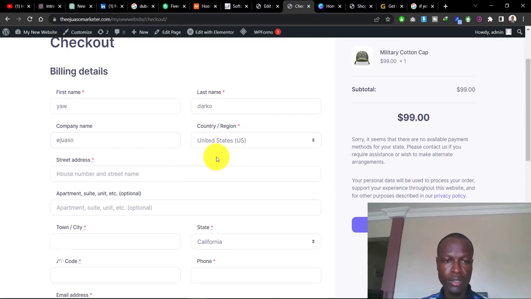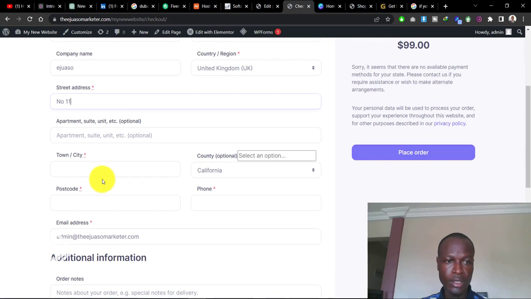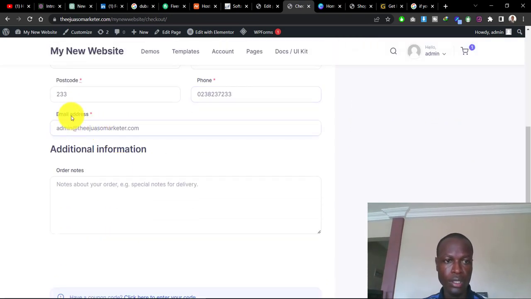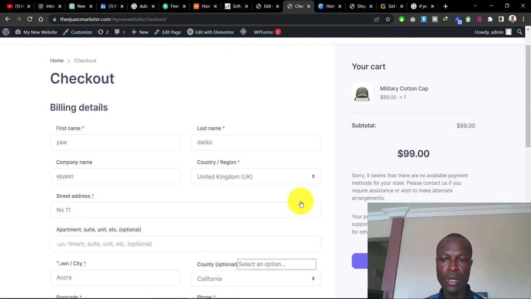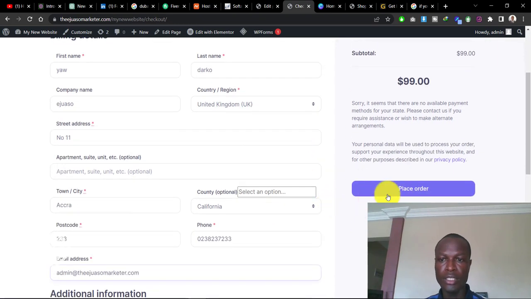region, you can select the region. The person can select the region, address. Let's just put some dummy text in there: city, postcode, phone number, and other details that are required for the user to put in, email address. Now once the billing details are inputted by the user, they can just go ahead and